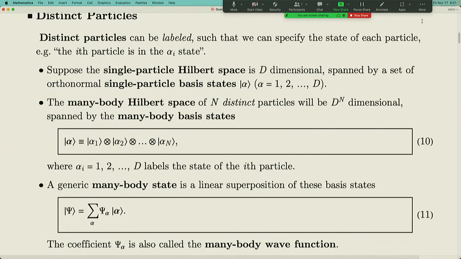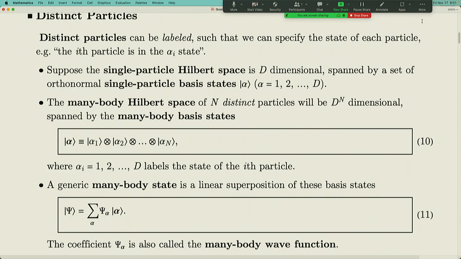First of all, when we want to describe a many-body system, put a lot of particles together, the key tool that we use is the tensor product. This tensor product allows us to combine many small vectors which describe the single particle state and then combine them into a many-body state. For example, in this expression, every state vector is a state vector in the single particle Hilbert space, which you can consider as a d-dimensional vector. By combining them with tensor product, if there are n of them, you obtain d to the nth power very long vectors,